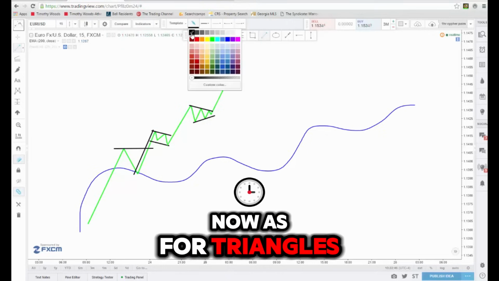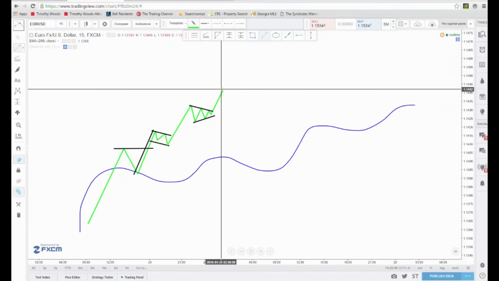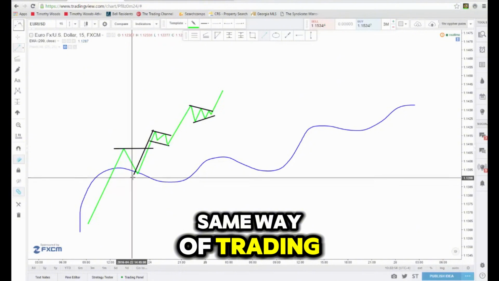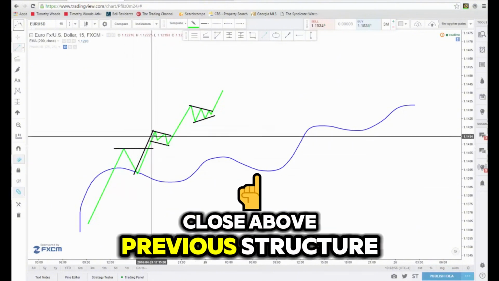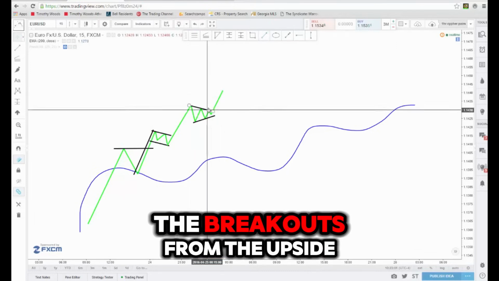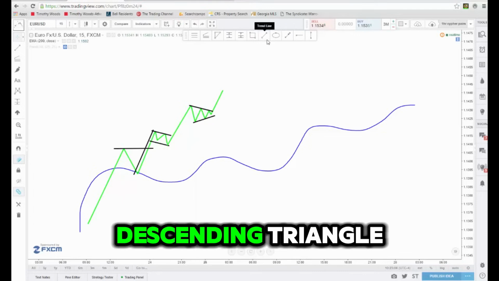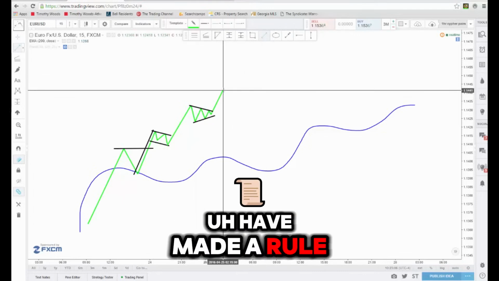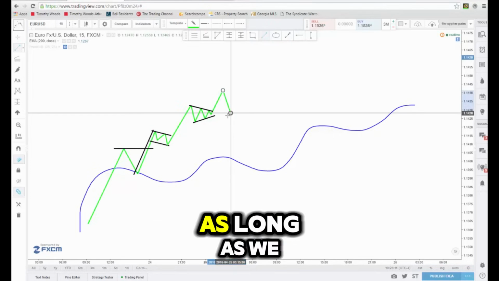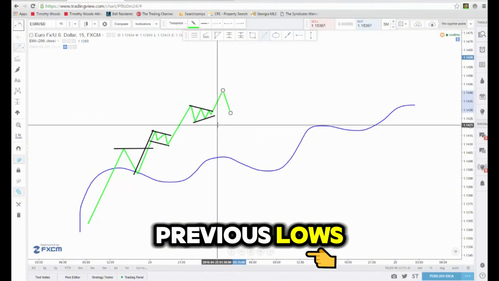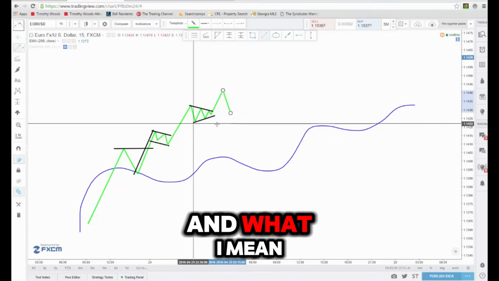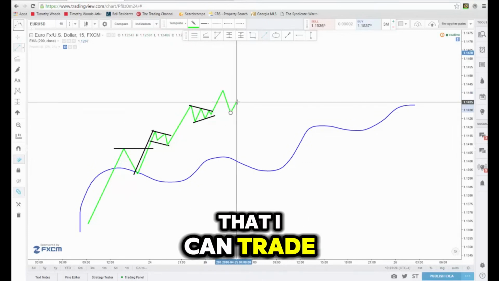Now as for triangles, ascending and descending, I can use this same way of trading after a break and close above previous structure, which is what I'll be doing. But instead of only being able to trade the breakouts from the upside on an ascending and descending triangle, I have made a rule that states that I can trade an ascending or descending triangle as long as we don't break below our previous lows. So here would be our previous lowest lows, and what I mean by that rule is that I can trade